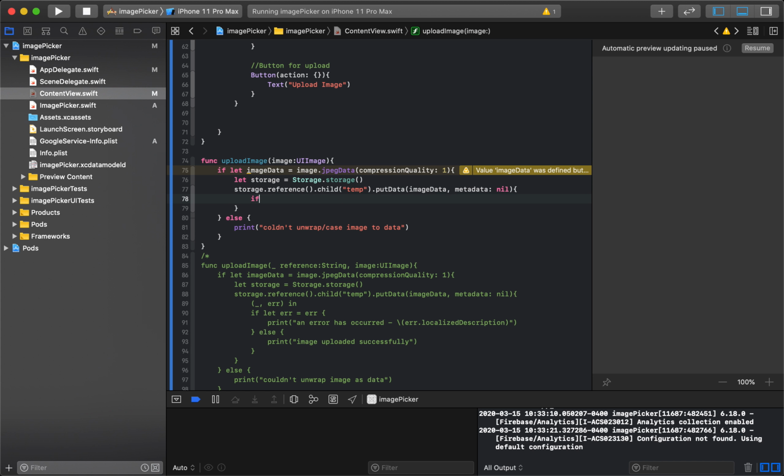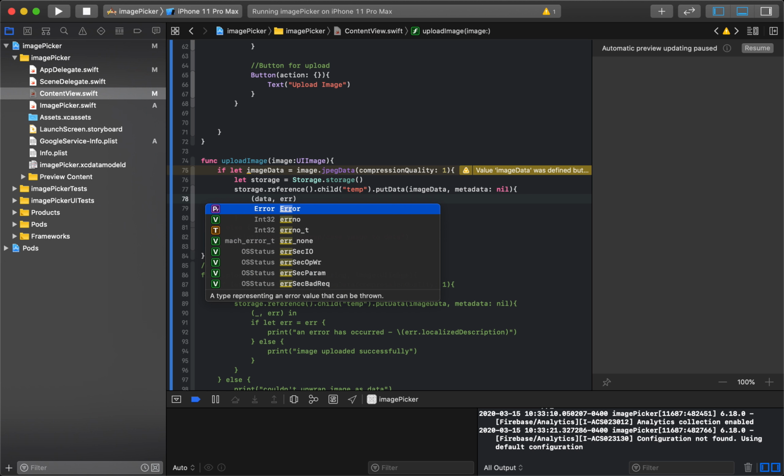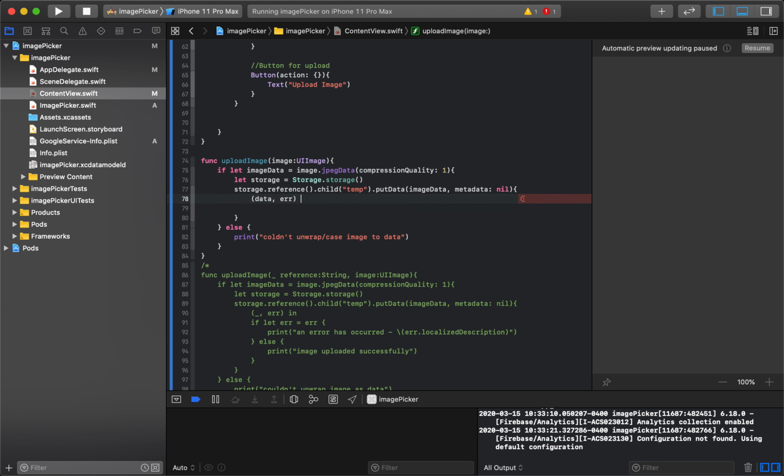And we'll say if let error equals error. Sorry, we need to do one more thing. In this completion handler, we need to write underscore, or we can write data. The completion handler is going to feed us back data and error, okay? And in our completion handler, these are both optional, so if let error equals error, we're unwrapping it. We're saying if an error actually exists and it's not just nil,